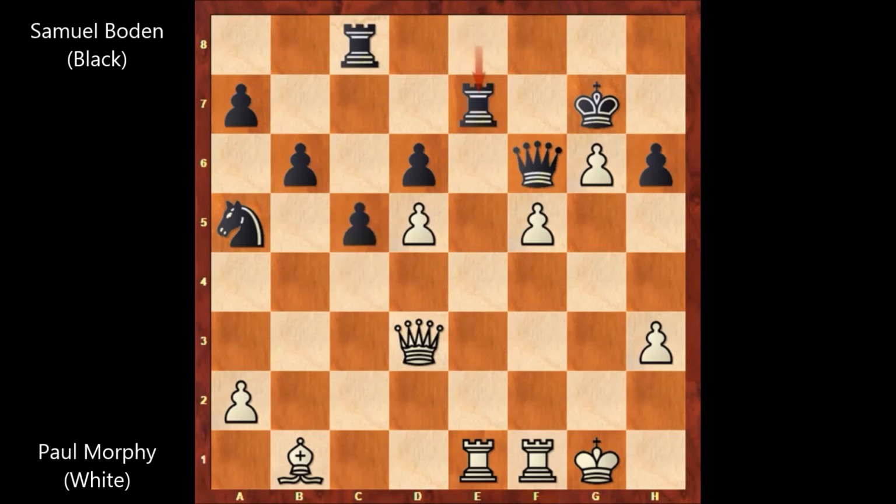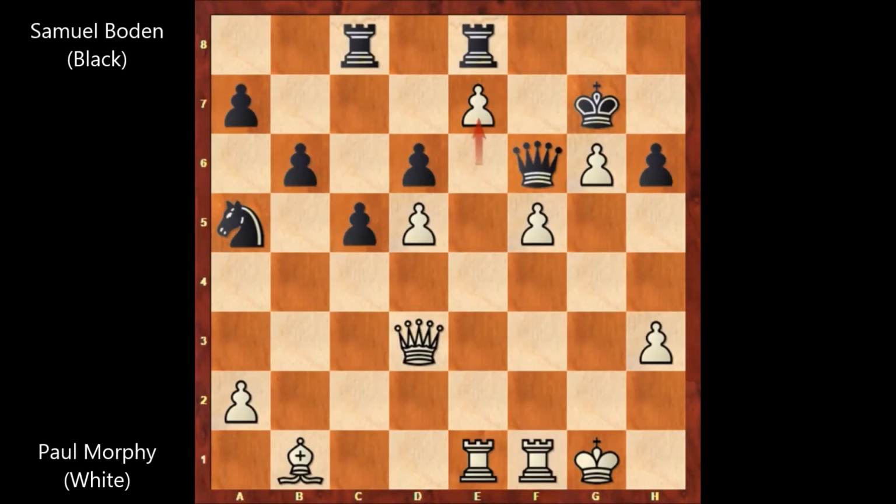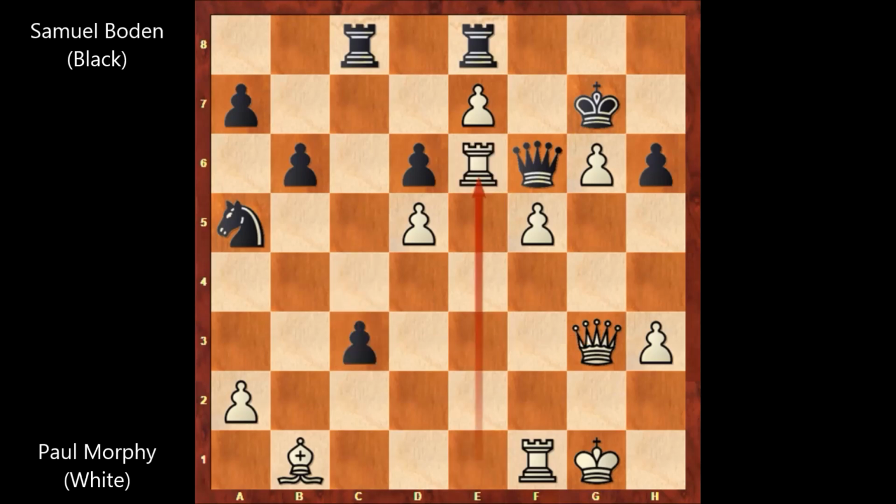Well, of course, if rook takes on e7, then rook takes rook. If queen takes rook, f6. Queen takes on f6, rook takes queen, and if king takes rook, this is even worse, and black is getting checkmated. After g7, that's checkmate. So Boden didn't capture the pawn, and he played c4, queen to g3, c3, rook to e6, attacking the queen,